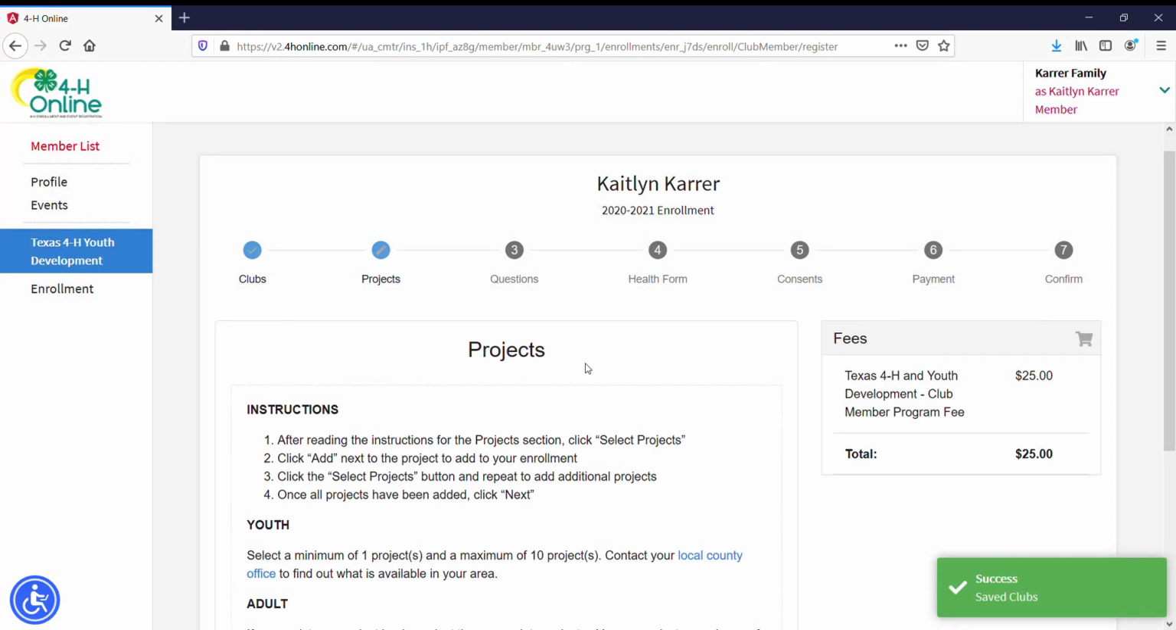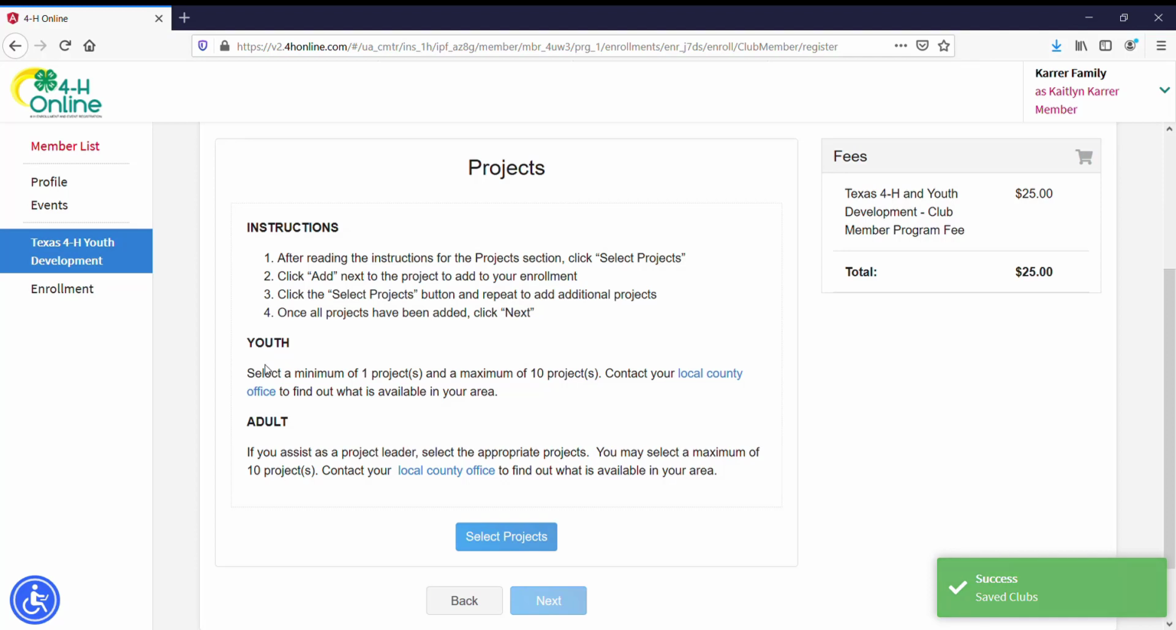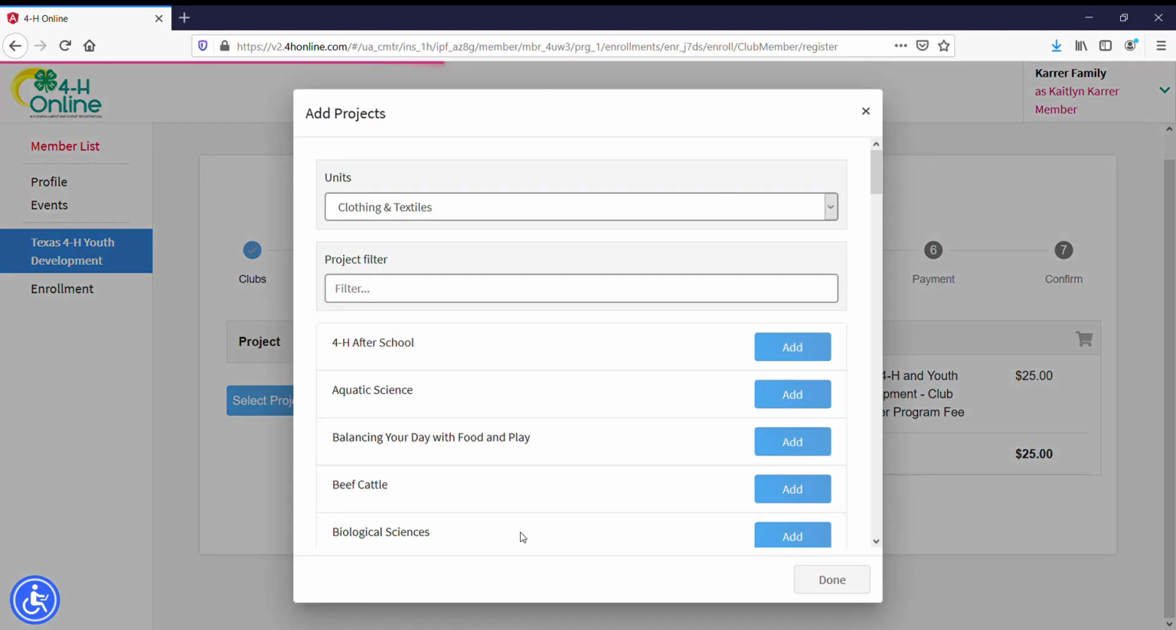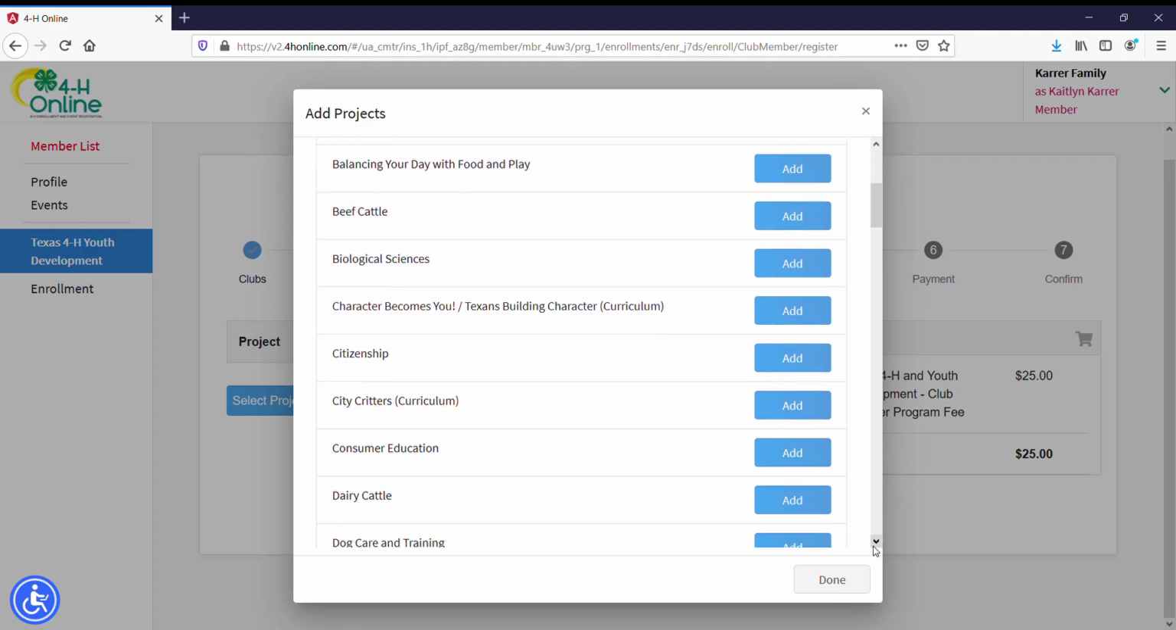Now we're to projects. Youth must select a minimum of 1 project and a maximum of 10 projects. Okay? Here's the instructions on how to add those projects in. If you're an adult, and this is an adult volunteer role, and you assist as a project leader, please select the appropriate projects. Okay? I recommend selecting anything that your child does or is interested in, because I can go through here and select things,